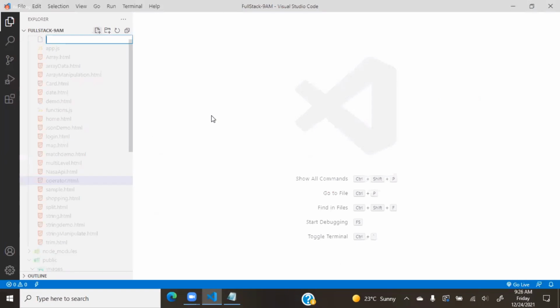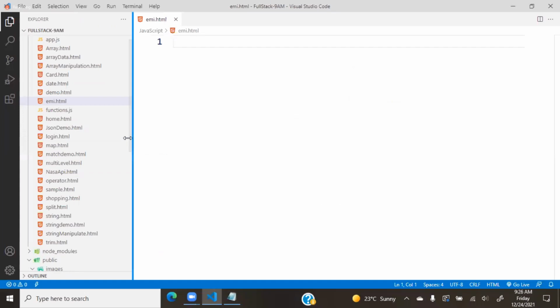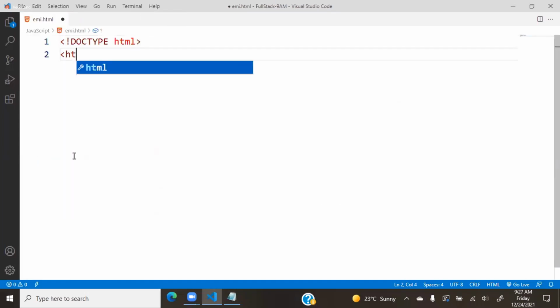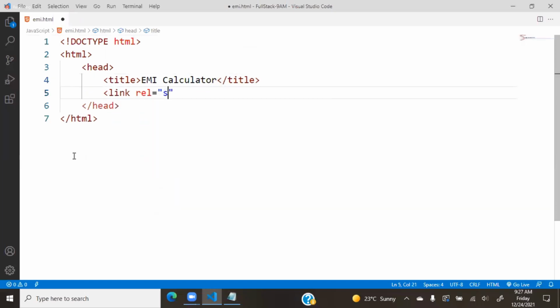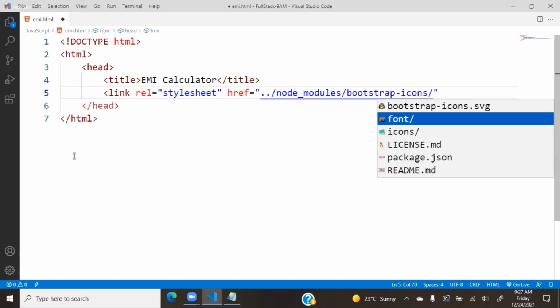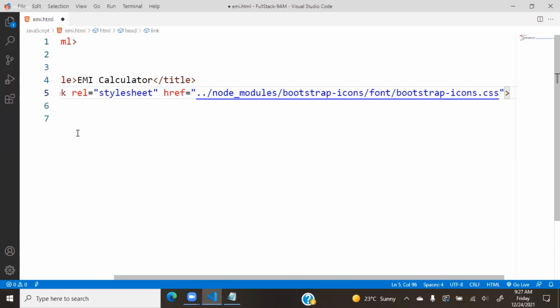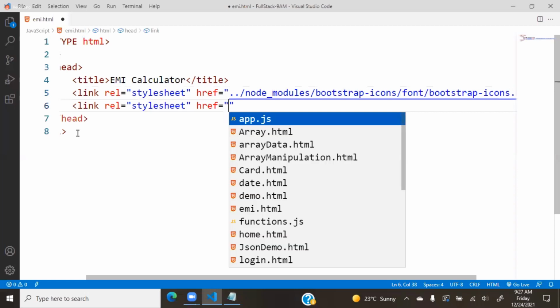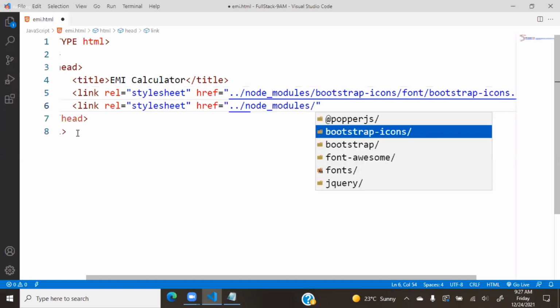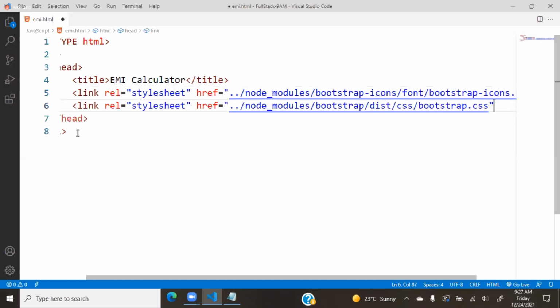In the website that we have, emi.html, we will import HTML and EMI calculator, and link rel stylesheet, href node_modules bootstrap icons first, and we have href node_modules bootstrap css. Okay,